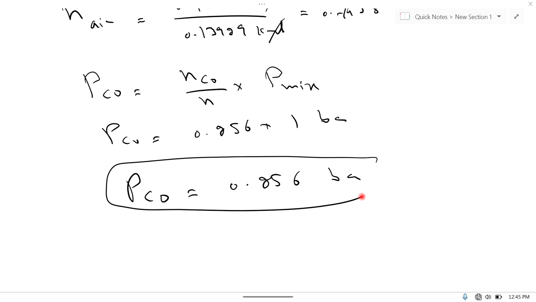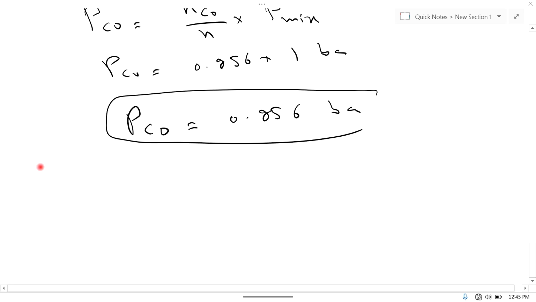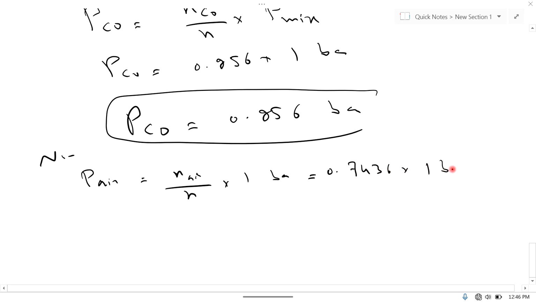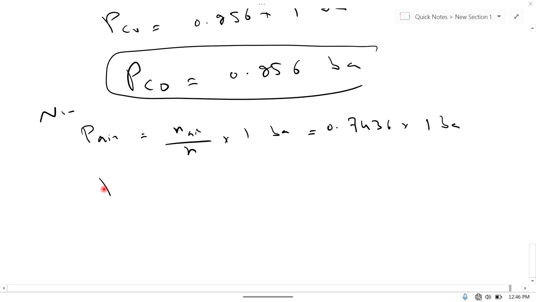Now we are finding partial pressure of air, but air contains 79% nitrogen and 21% oxygen. So now partial pressure of air is equal to molar fraction of air multiplied by 1 bar. So molar fraction of air is basically 0.7436 multiplied by 1 bar. So partial pressure of air is equal to